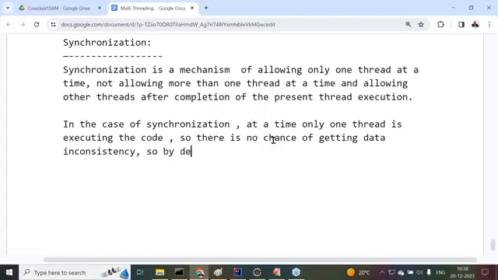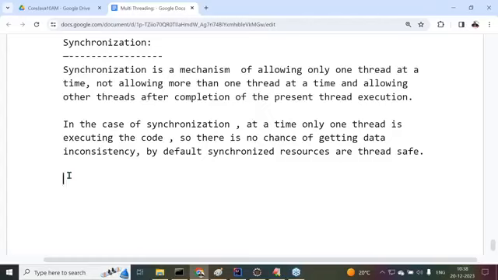So by default, synchronized resources are thread safe. No need to have any second thought about it, no need for any other explanation. How are synchronized resources thread safe by default?